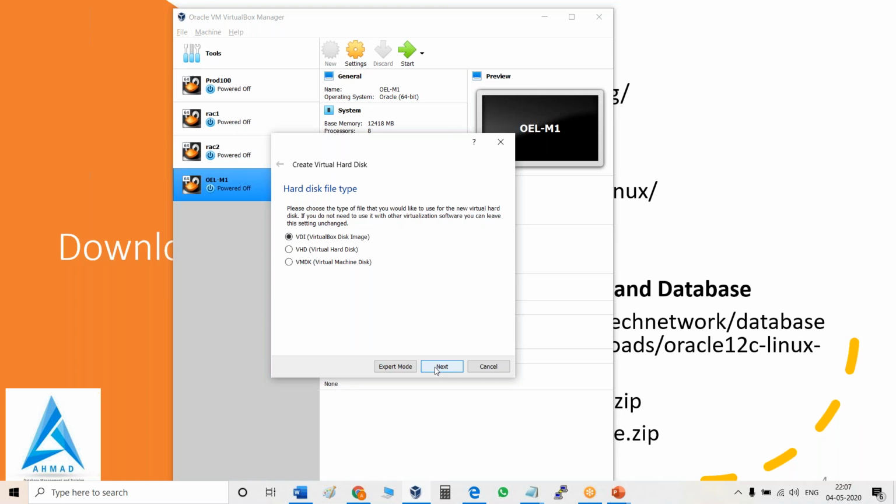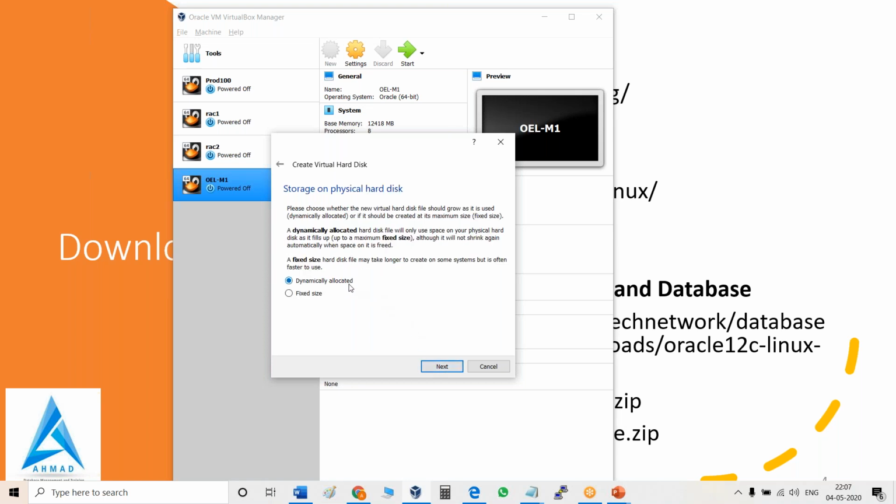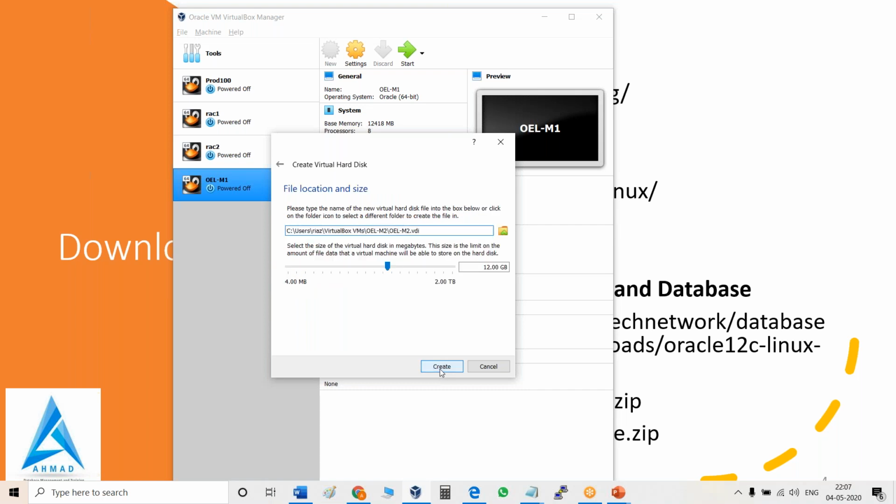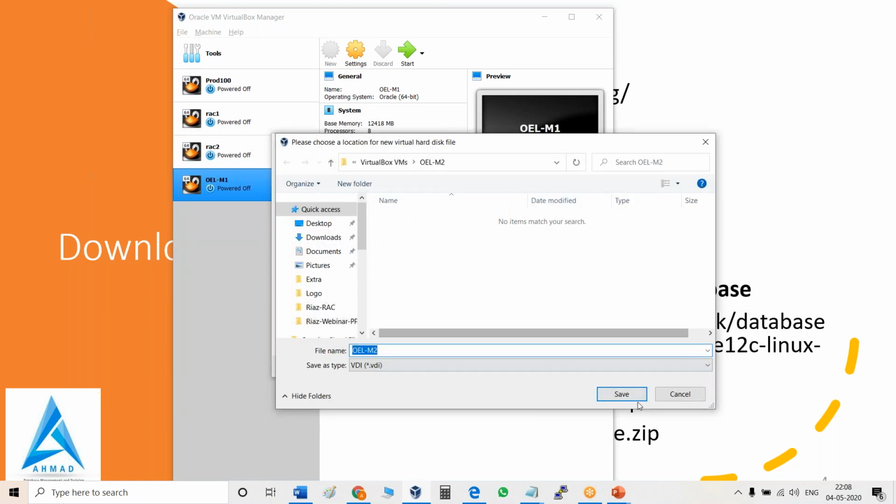Just press the next button, and then it will ask about the size of the virtual disk, whether it will be dynamically allocated, meaning it will increase as you use it, or fixed size, which fixes the disk and it will not increase. So better go with dynamically allocated. When you say next, it will give the location, so you can click and change the location where you want to create.